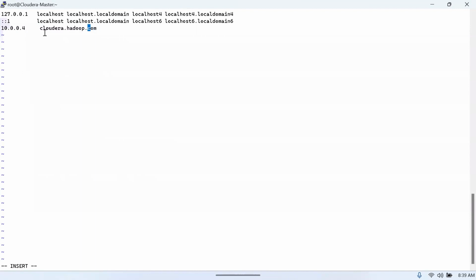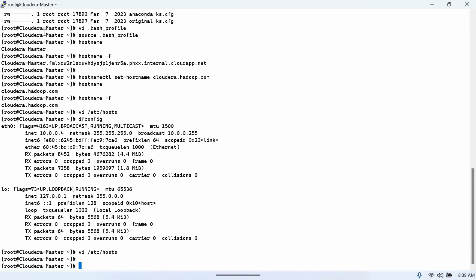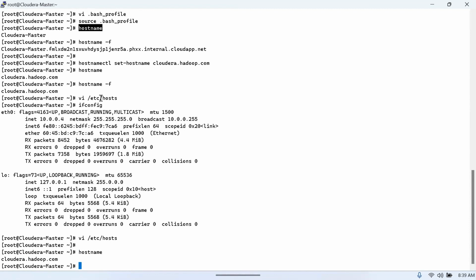I pasted the fully qualified name first, then Cloudera, the short name. Save it. Okay. So previously the host name was skipping, so the shorter name should come like Cloudera only, but when we restart it will be changed. Okay, second thing,